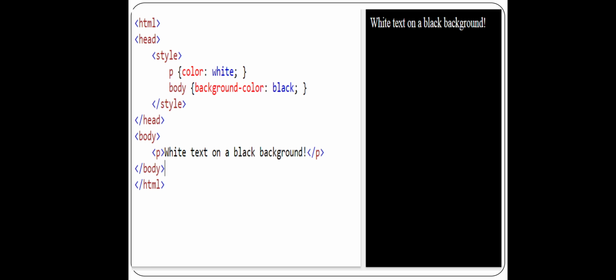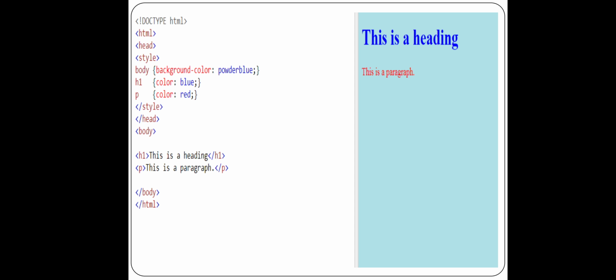We'll see another example. Again, this is an example with the output displayed. Here again you concentrate first on the body part. In the body section, how many lines are there? There are two lines to be displayed, right? The first line is an H1 tag, with a sentence in it. On the second line there is a P tag, again with a sentence. So the first line is the H1 tag, and the second line is the P tag.